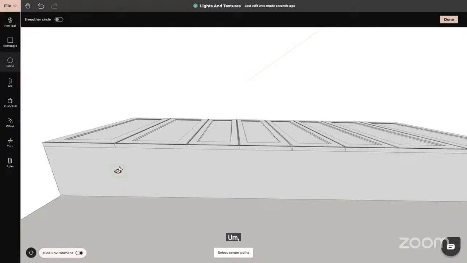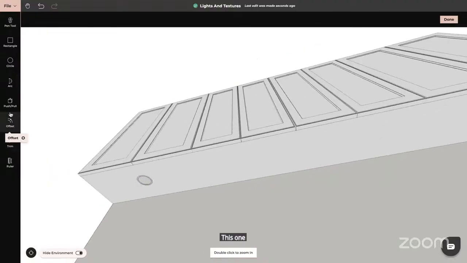Again, you can use the ruler to measure everything out, but literally do like this one. It is big, but just to give you an idea. So we can do something like this one. Now we can actually give it a bit of depth down,